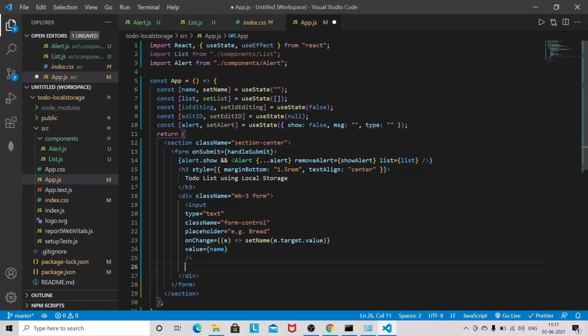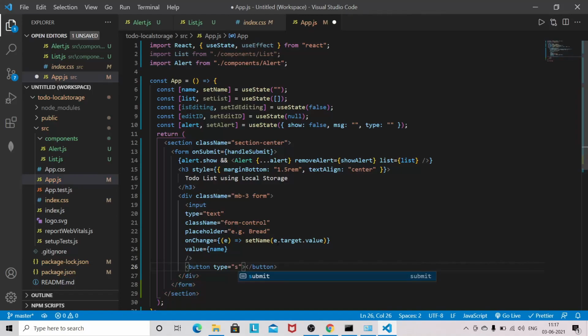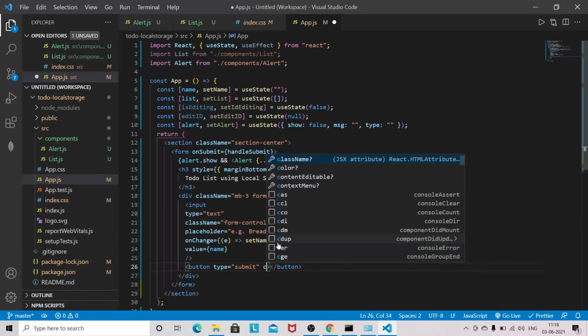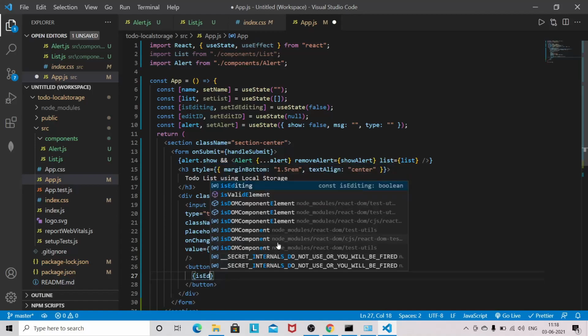and value will be name, and we will be having a button. So this will be type submit. Okay, and class name btn-success. So again here I am using a bootstrap class name, and the button text value changes based on the mode.